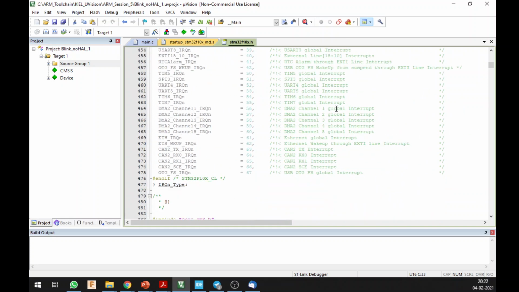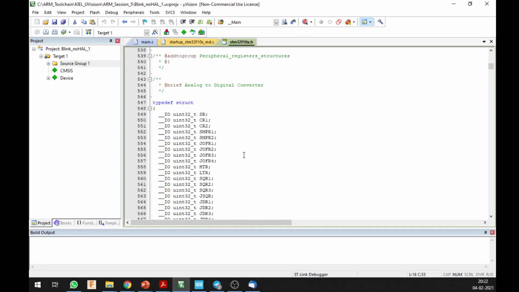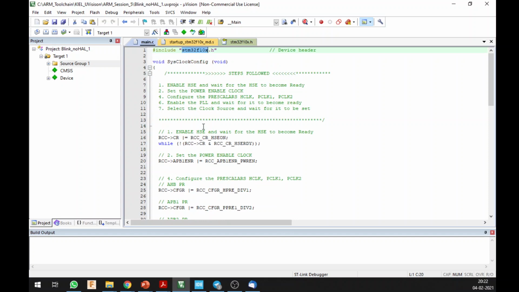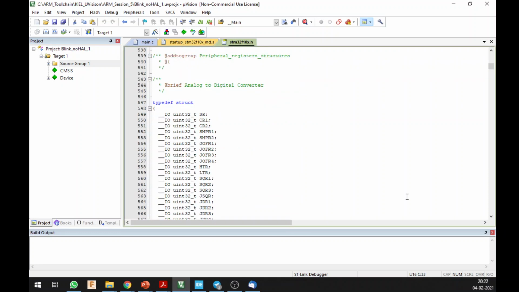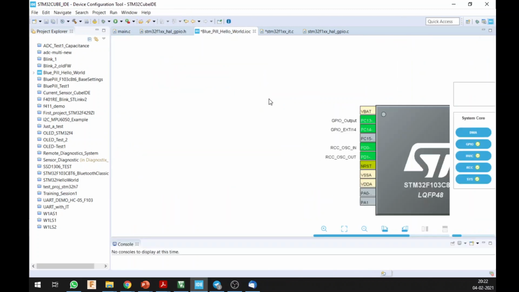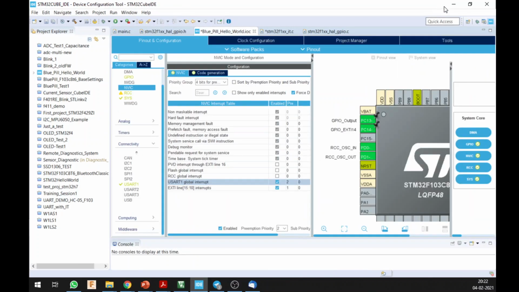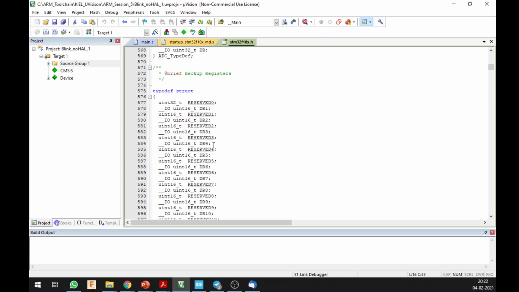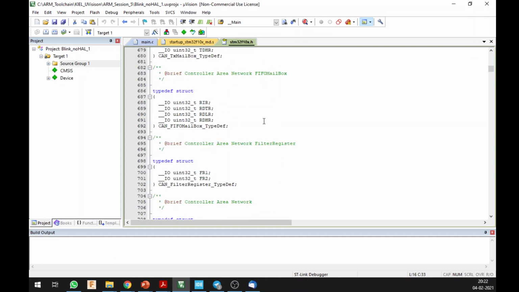Earlier back in the day, since there was no MX and all, this is how you used to set the value of a pin as input and output. And on a rudimentary level, your IDE, the MX that we saw, is also doing something like this. Of course you have the HAL abstraction, but then it is basically doing that in an automated way.